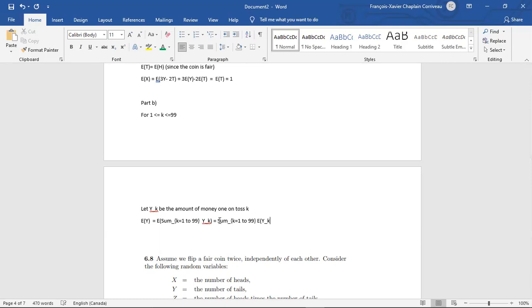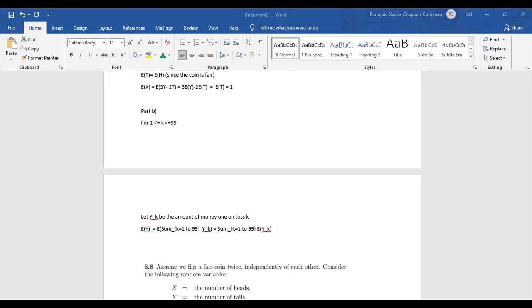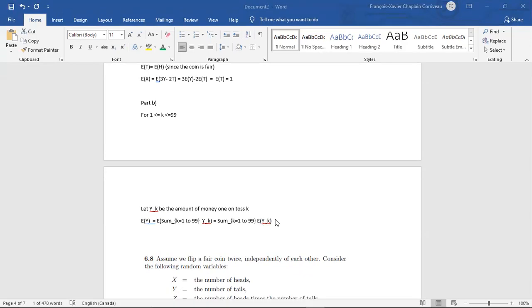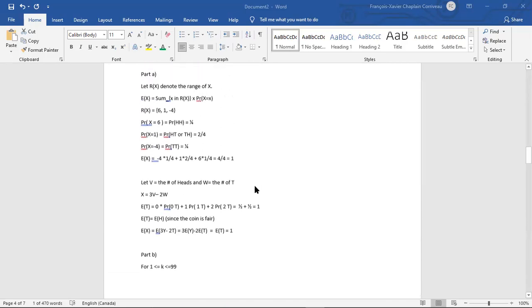Now, do we know these expected values? What is the expected value of yk? We just found it, right? It's the expected amount of money that you win on